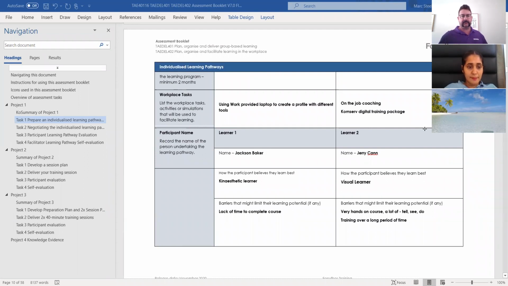Okay, Saab, individual learning pathway. Saab, if you could please play the role of Jerry. Jerry Cann, you have been an employee for our business for 10 plus years, and we've just developed some new software that is going to assist you in the field for diagnosis of machines.